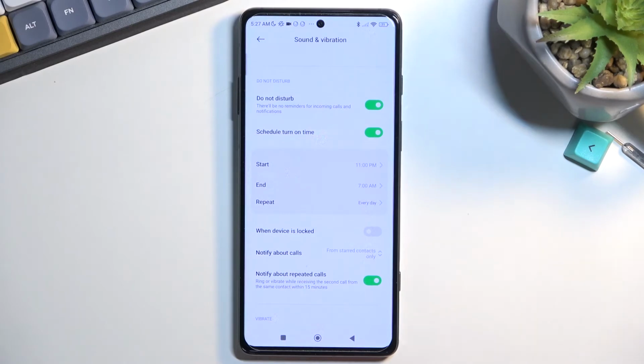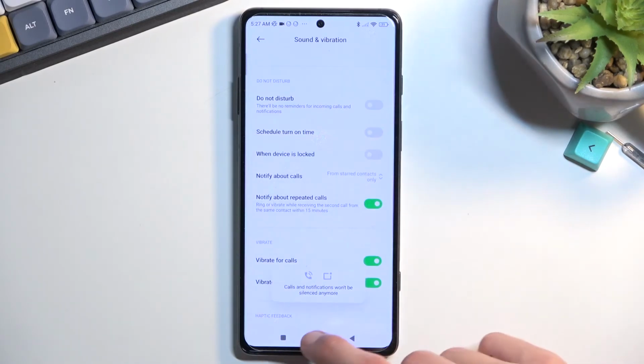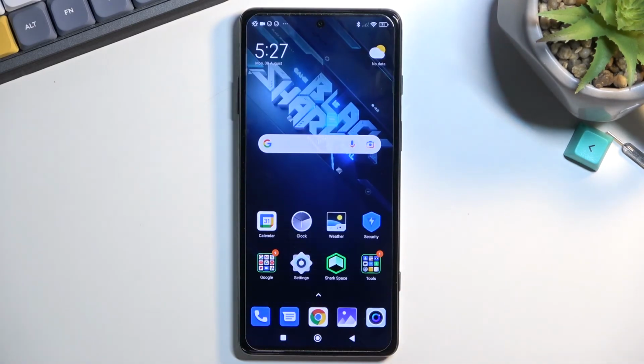So anyway, that is how you can set it up, use your Do Not Disturb mode, and if you